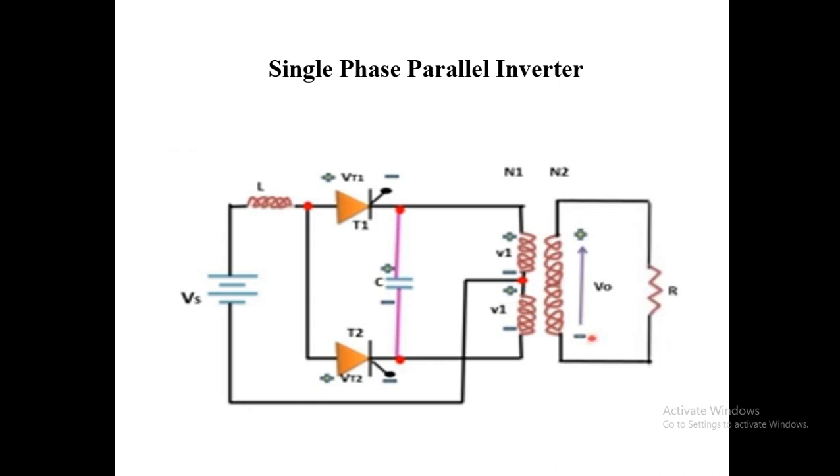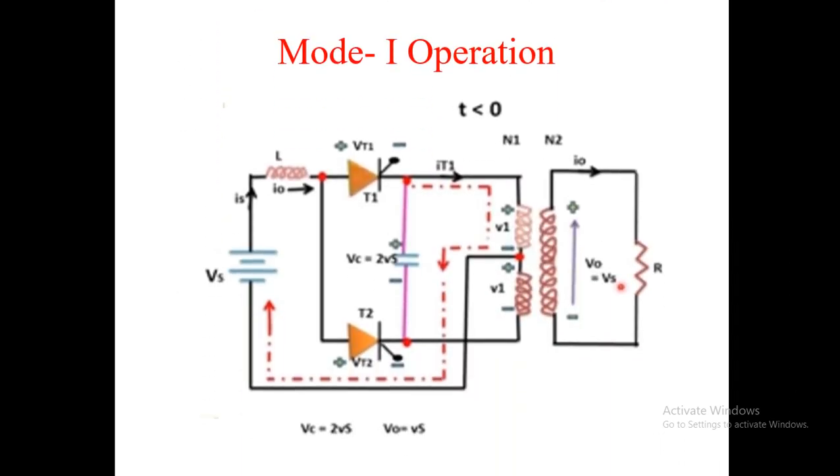Coming to its operation, the operation involves three modes: mode 1, mode 2, mode 3. We'll see one by one. In mode 1 operation, after the triggering pulse is given to thyristor T1, it starts conducting, and in this condition, as I said, T2 is in